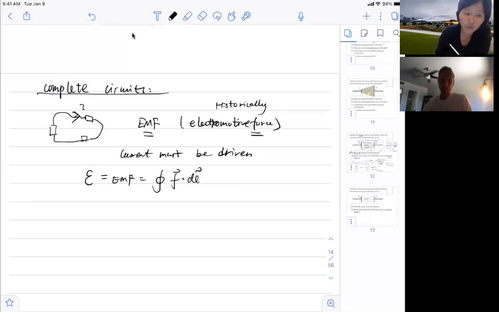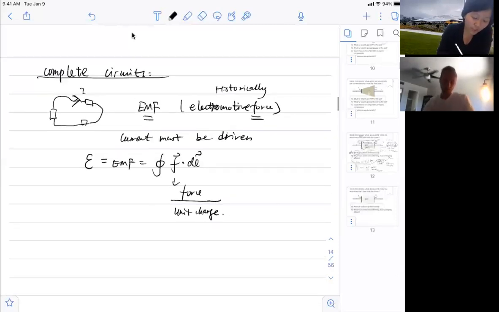This little f you have already seen. That is the force, whatever the force is driving the current, it's that force per unit charge. And we call that the electromotive force. Okay, so this force can be any